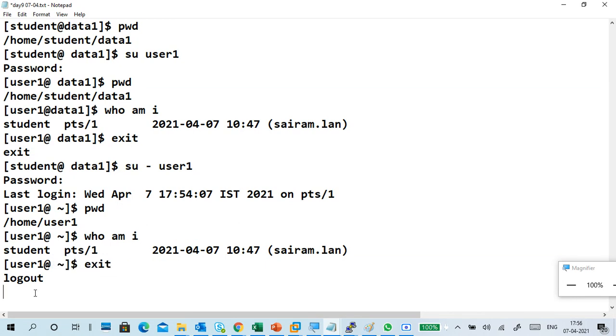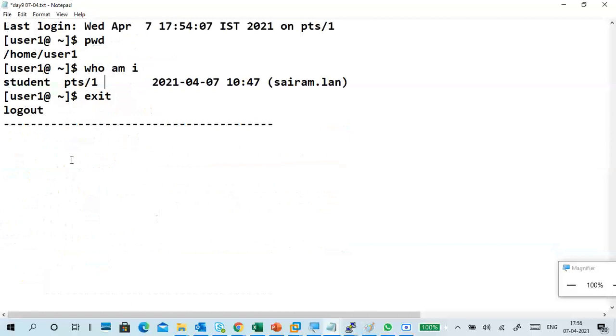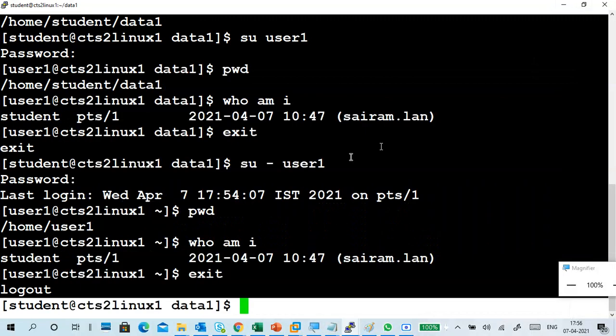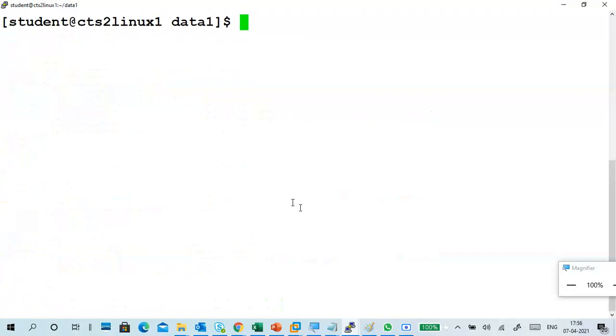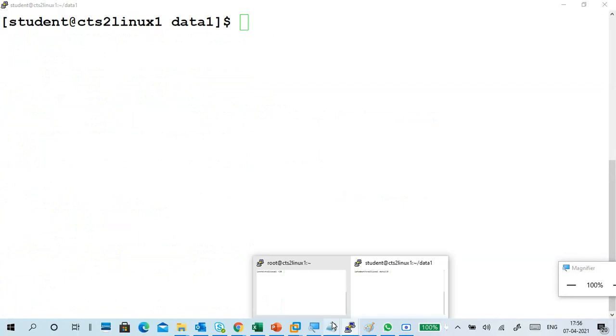Just try today only. Try today and tomorrow if possible. Because if you open this one after 3 4 days, you don't understand what we did in this practical. Okay. So like this. This is switching users. For switching users, again I want to tell one more part here.